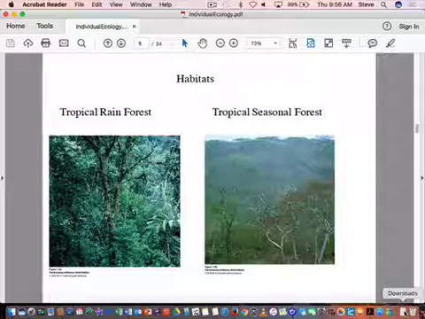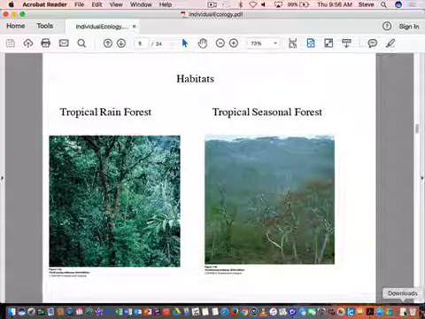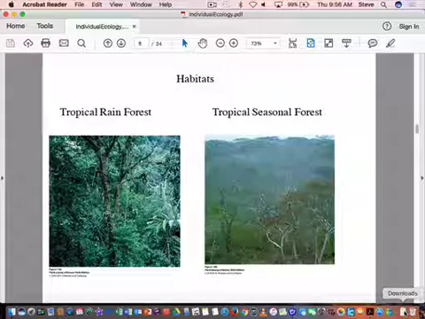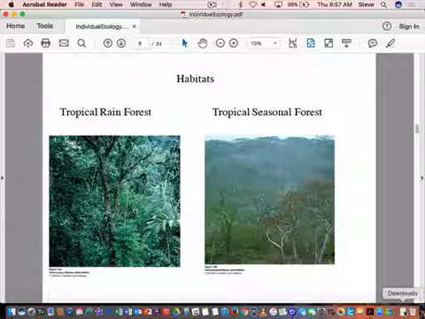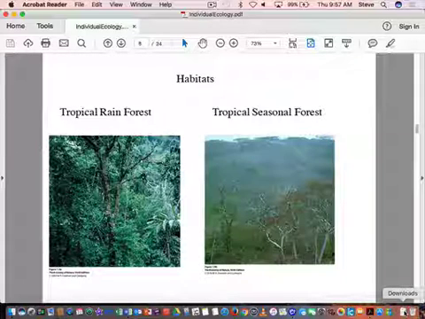So here we'll just, this is just a fun part. Habitats. Here's a tropical rainforest. Here's a tropical seasonal forest. If you were to go down to, have you ever been to Central America in Panama or Costa Rica? Okay. So you start on the Pacific coast of Costa Rica and you go across the big mountain range and you go over to the eastern side, which is the Caribbean side, right? So the Pacific and Caribbean, that Isthmus of Panama. Where do you think either one of these is located?